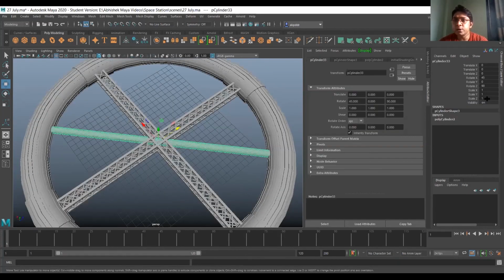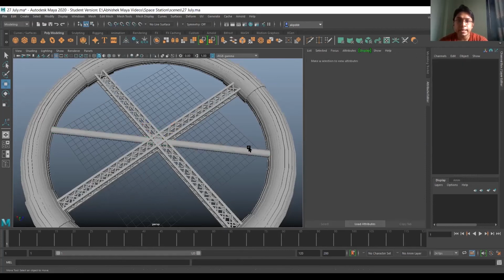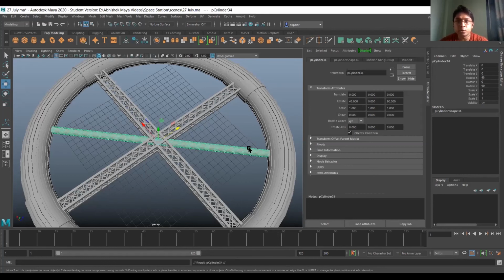Again, I'll repeat the values: rotate X 45, rotate Z 90. In inputs, radius 0.6, height 40, subdivision axis 20. Now again, I'm going to duplicate this, Control D, and this time rotate X, I will give minus 45.